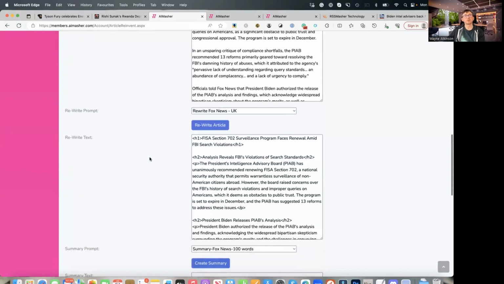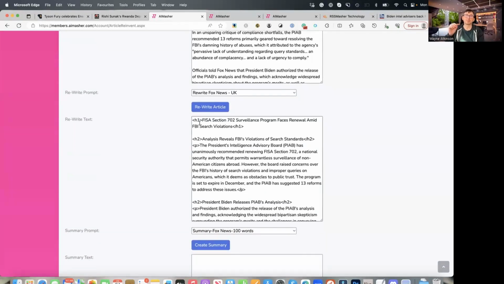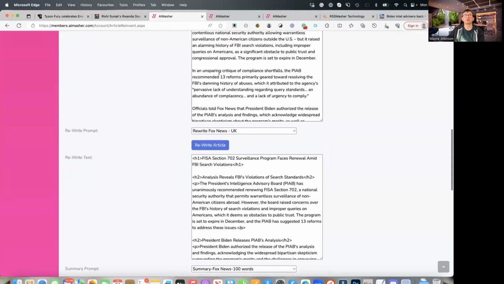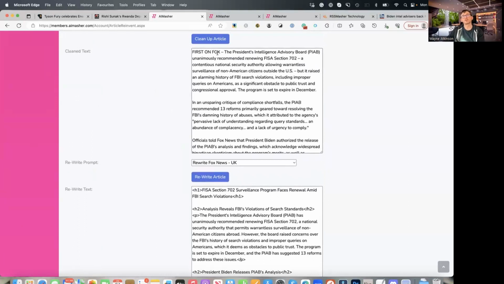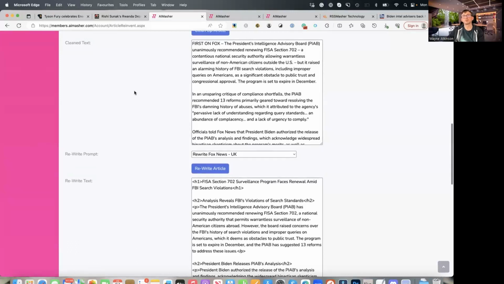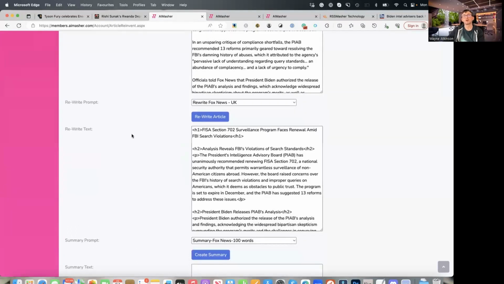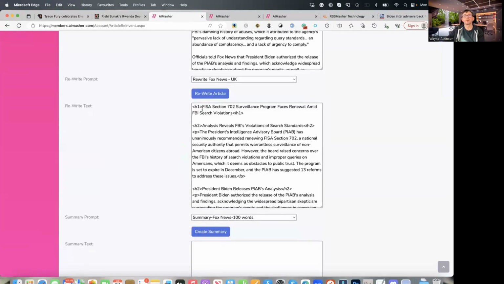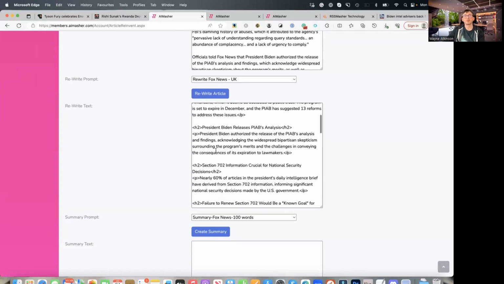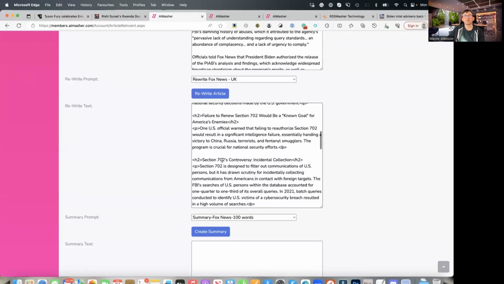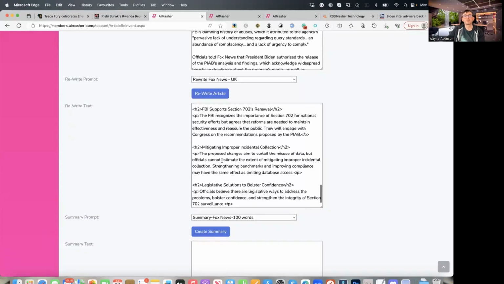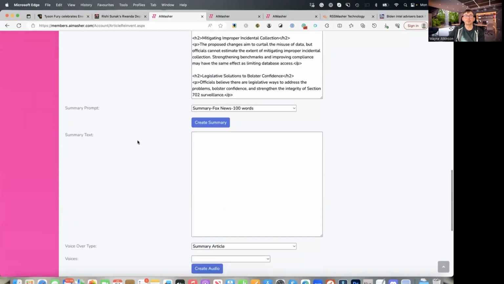There we go. So it's rewritten here, but now it's automatically embedded HTML. So it's created a title. You'll notice that, see where it says "first on Fox"? Didn't really want that because that proves it came from Fox News. If you notice, it's gone. So the rewriter's got rid of that. So we've got a new title, we've got a heading, we've got the first paragraph, we've got another subheading, another subheading, another subheading, and so on. So that's really good, like that. And then what you can do